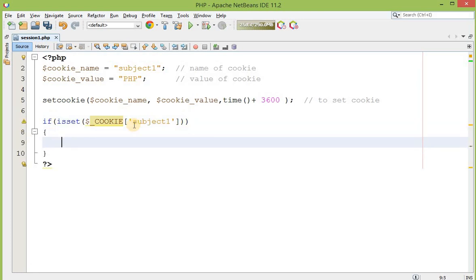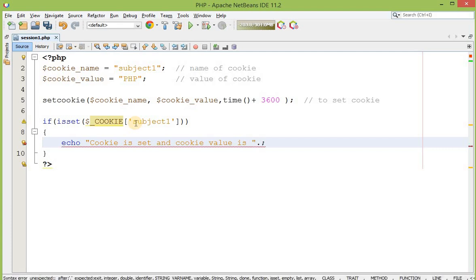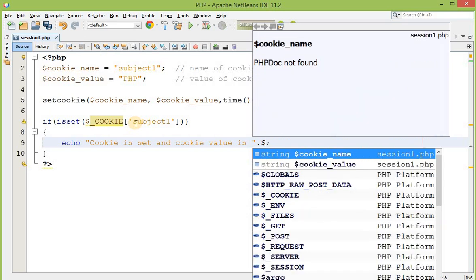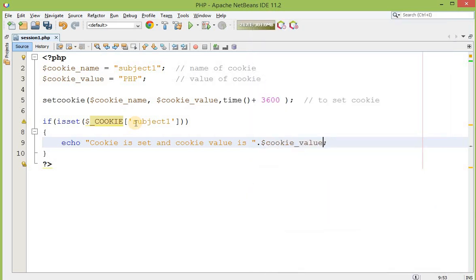If it is set, then echo "cookie is set and cookie value is". How can I access this cookie value? Using $_COOKIE. Save this.